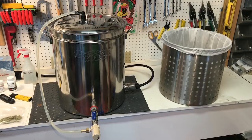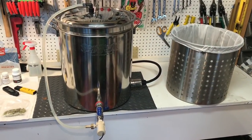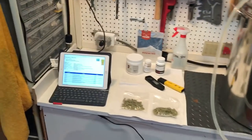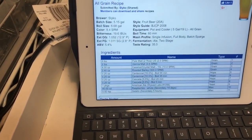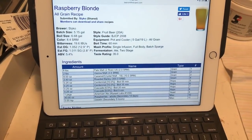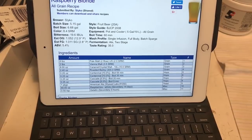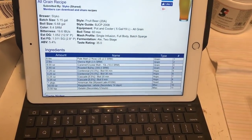Happy Homebrew Wednesday. This week we're going to be brewing the first fruit beer I've ever brewed, and it's going to be a raspberry blonde. In this recipe we have fresh raspberries. I put 4 pounds into the fermenter in the second stage and leave it there for 5 days. But what we've got going into the kettle first up,